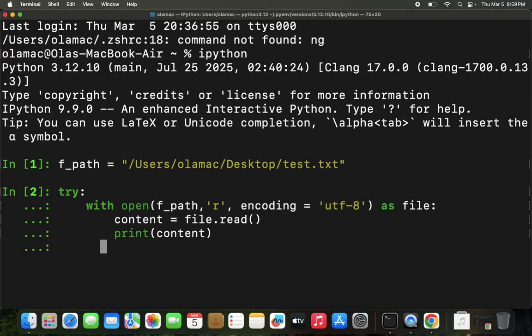Then I need to break out of my try block, and then let's try except. What kind of exception do we want to handle here? Let's do FileNotFoundError. Okay, so that's the exception we want to handle here. In the event that the file was not found, what do we want to do? So we can do print, we can do an f-string, and then here we can do